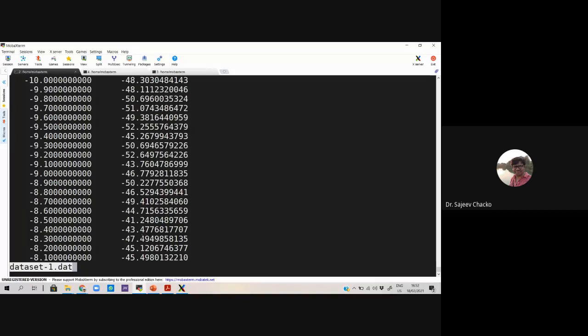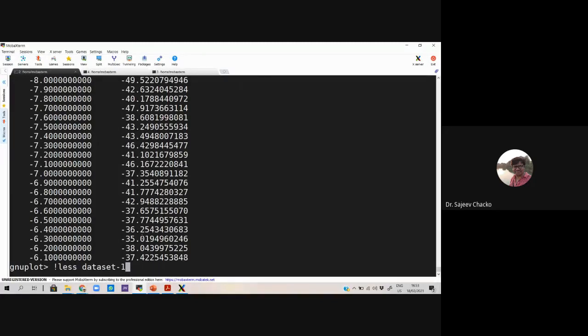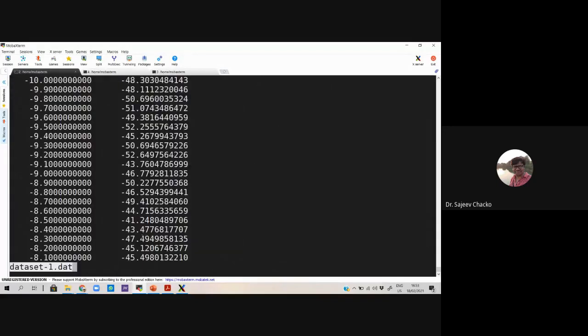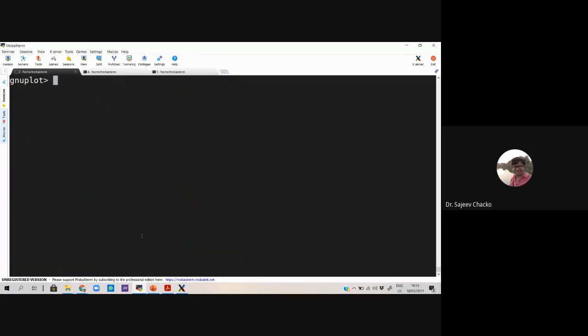I also have data which is in multiple column format. One of the files is in multiple column format, but the first file is in two column format.